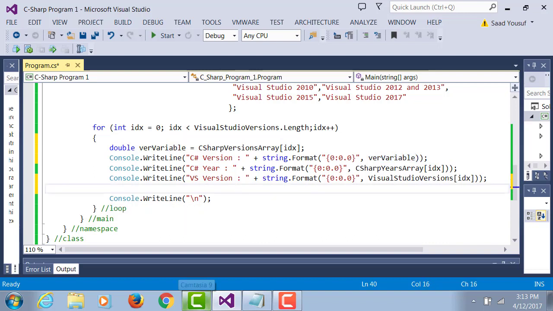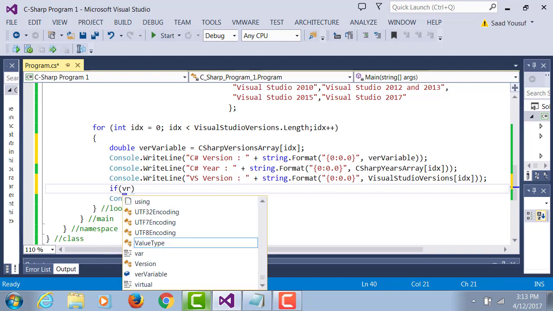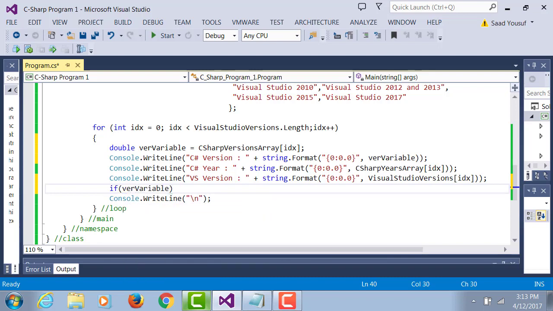Now I'm going to introduce my if conditions to display which versions had an ISO and which versions did not have an ISO. So if version variable equals 1.0 or version variable equals 1.1 or version variable equals 1.2,